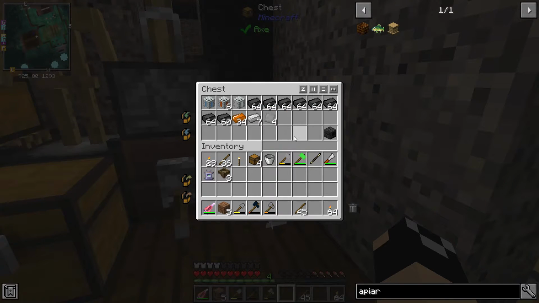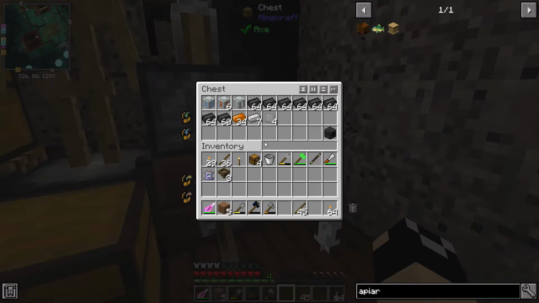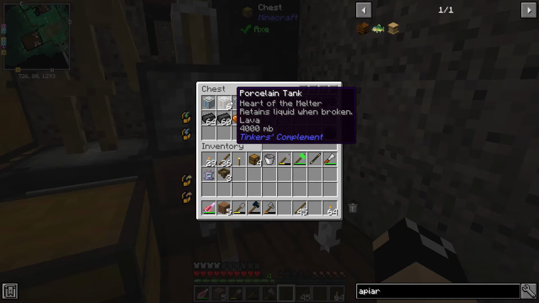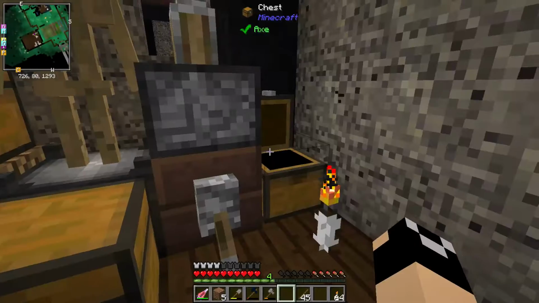I did have a couple comments that I wanted to just quickly go over. First up, I had a lot of comments about stone drums. I know there's stone drums, but I think it's a waste to make stone drums for storing lava. I don't see the reason in it, because then I have to turn around and move it. Until I get fluid conduits, I have to move it from the stone drum into porcelain tanks